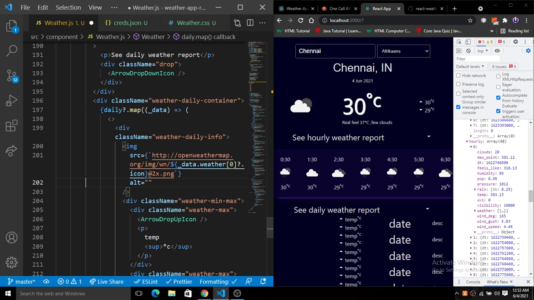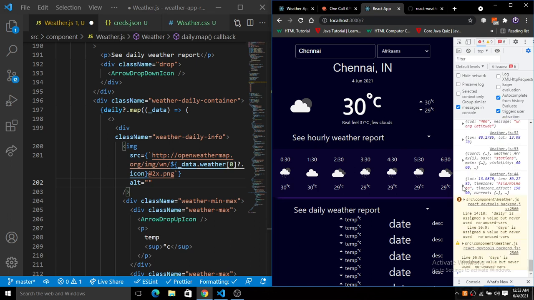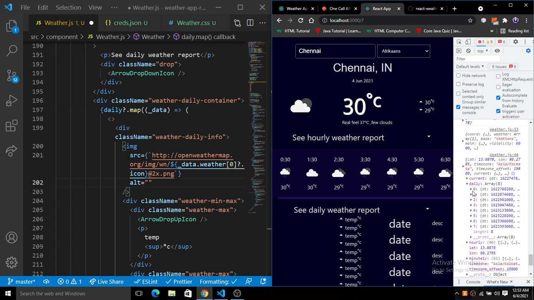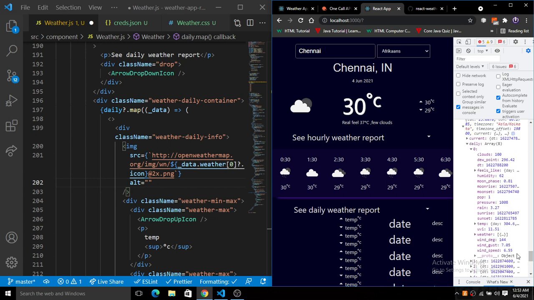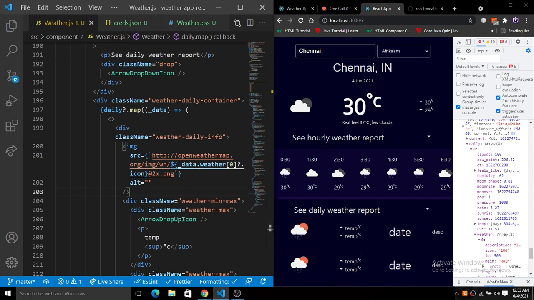Okay, so we have a data for this thing. So let me see here the data for this daily. So for this daily we have an icon that is inside of this weather. And inside of this weather 0 we have this icon D. Okay, fine. Now we'll see here all the icons will be rendered on the screen. Then we have a temperature, we have date, and we have the description. So for this temperature we just put what we have already copied.